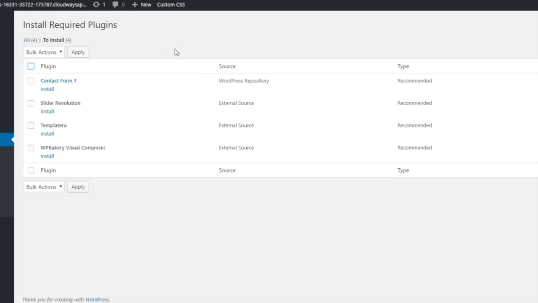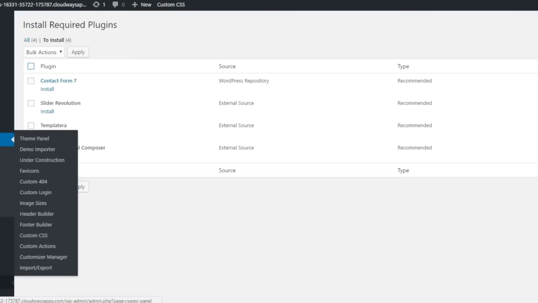Now I can install these one at a time, or by clicking the check all and bulk install them. However, because I want to import a demo, I'll skip this step and allow the demo importer to install and activate all of these bundled plugins. So to import a demo, I'm going to go to Theme Panel, which is part of Total. I'm going to click on Demo Importer,